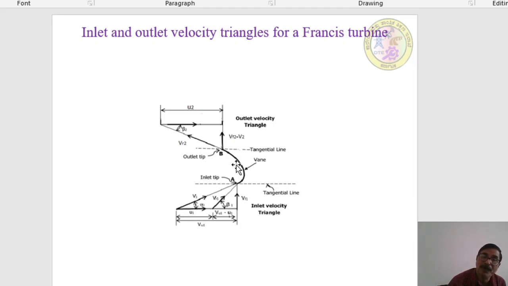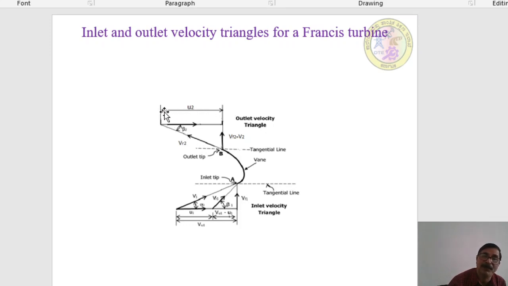Next, water will leave the blade axially. So due to this, V2 is V2 at 90, that is alpha 2 becomes 90 degrees. So the absolute velocity at the exit is equal to the flow velocity, wherein the whirl velocity at the exit of the Francis turbine becomes 0. So water exits axially. That is, V2 is equal to Vf2, alpha 2 is 90 degrees and Vu2 is 0. Now this is the relative velocity of the water at the exit at an angle of beta 2